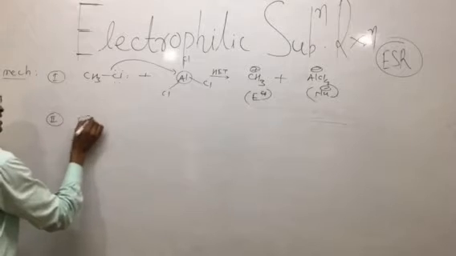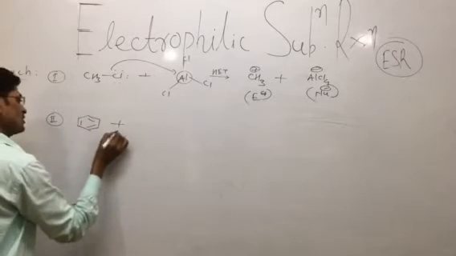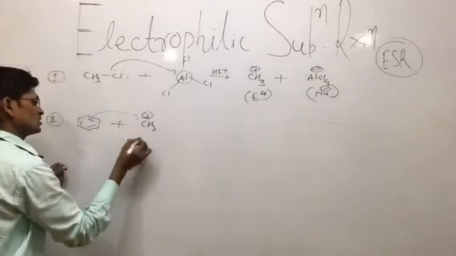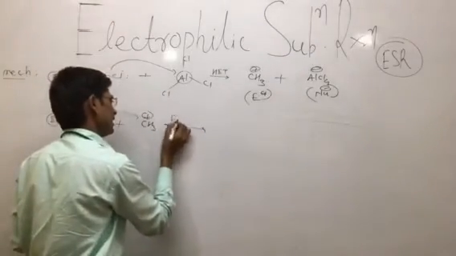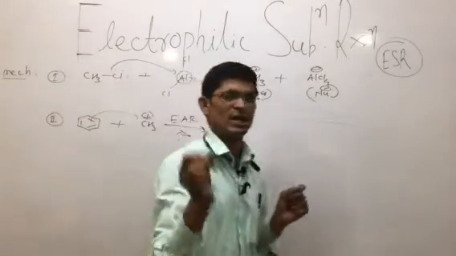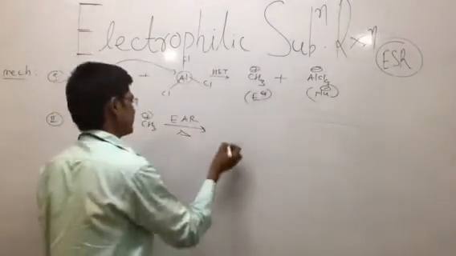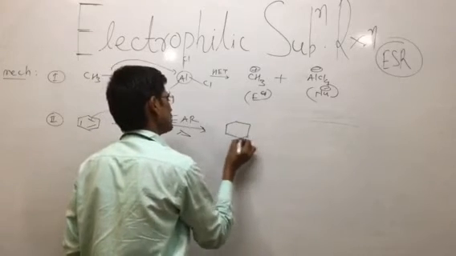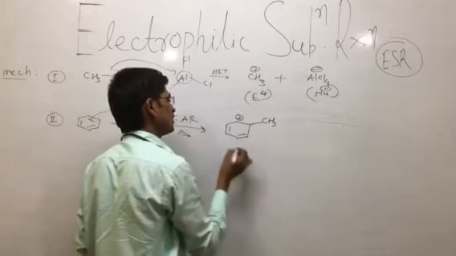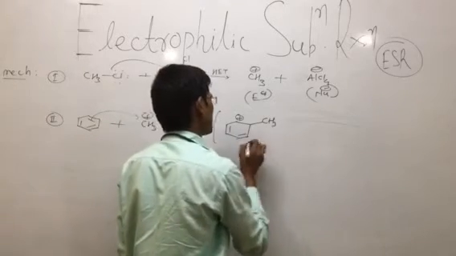In the second step, as we know, the benzene molecule has pi electrons, and it attacks this type of species. So the electrophilic addition reaction, which I am writing on the arrow, takes place, and we get the formation of the sigma complex, in which the CH3 group of atoms carries the positive charge. This is called the sigma complex or arenium ion.